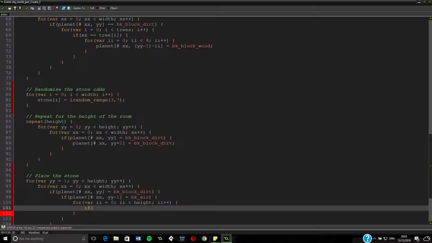Well, we need to actually move down a certain amount, so we don't want an if, do we? Yeah, we do actually. If planet xx, then we want yy plus stone, and here's the tricky bit because we want to use this, so that would be xx again, which is complicated. Right, and that's going to be equals